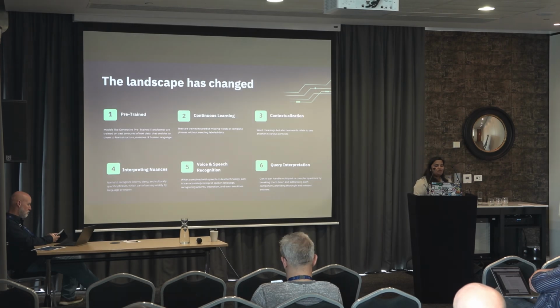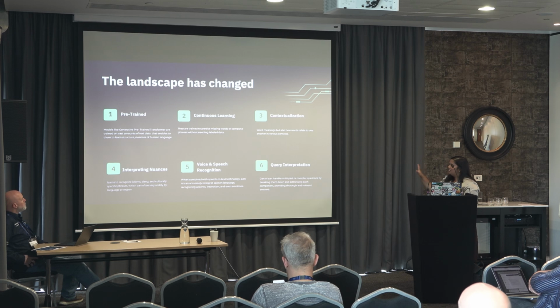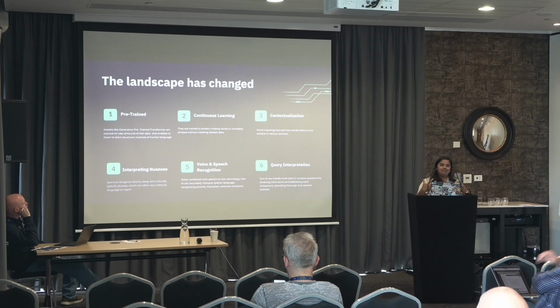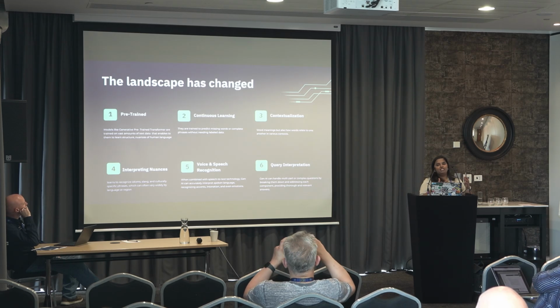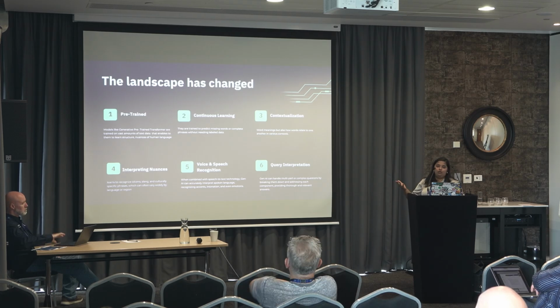So to move forward, I prepared this session at the start of last year, but it has changed so much over the course of time that I had to change several things. So the landscape has changed a lot, and in many different ways. So these are some of the 6 ways in which I see the maximum changes happen. First is pre-trained models. A couple of years back when I was working in this space, we used to create small supervised machine learning models. And they were basically trained on a set of data that we were provided. But now we don't need to do that. We have pre-trained models. If you perform fine-tuning or build RAG architectures, you probably will be able to do that.